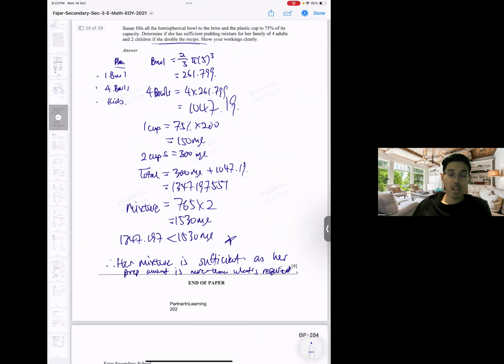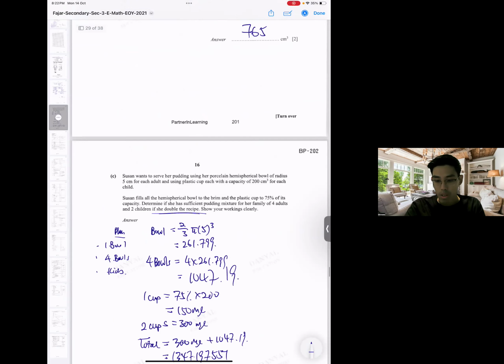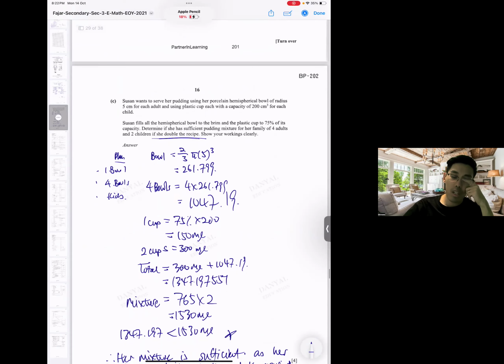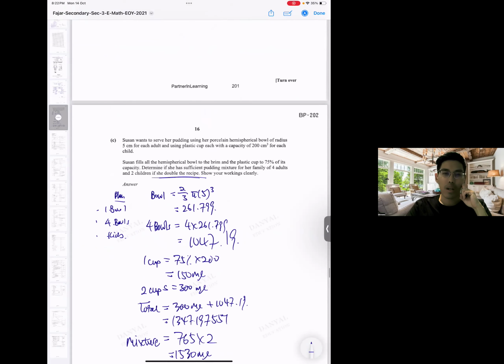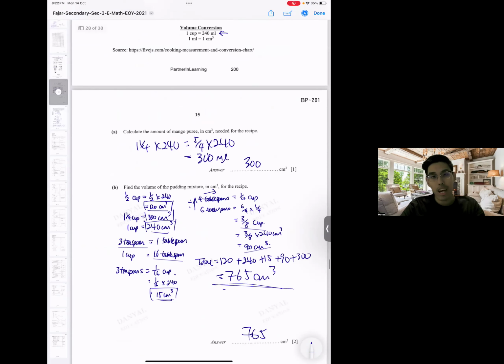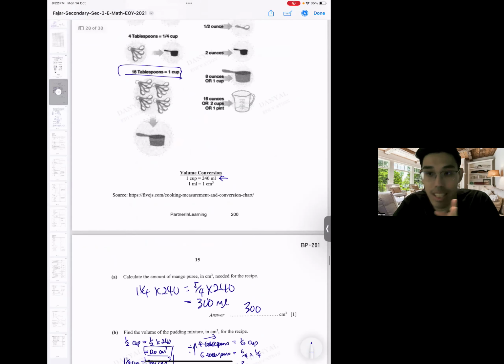Done. Okay. So generally, as we conclude this paper, it's not tough. It's really not tough. But like I said, it covers all areas and all topics. So no use spotting topics. Don't waste time spotting topics. Go and study everything. Make sure you go and understand everything.